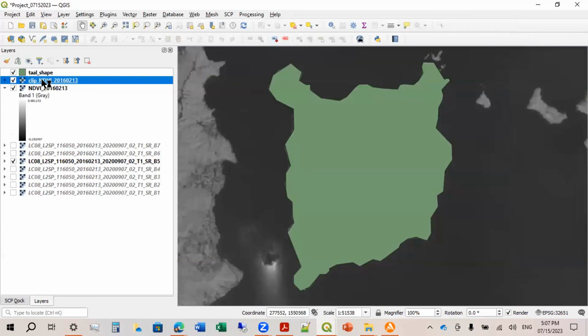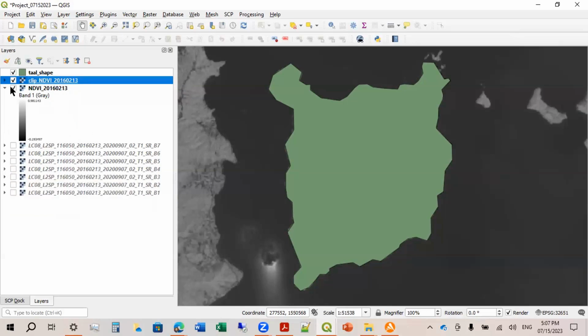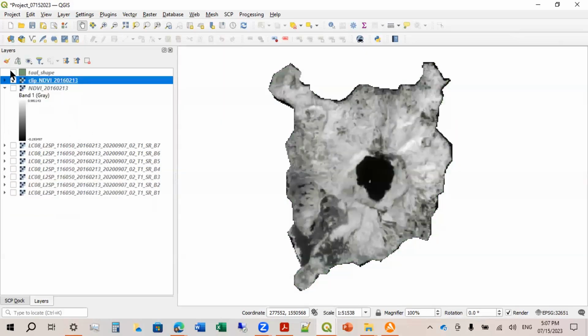Okay, so this is now your clip. Your new layer is now defined to be clip NDVI 2016 0230. Okay, now let's see if this works. So untick all the layers that we don't want. And this is our layer. So this is now our NDVI layer.